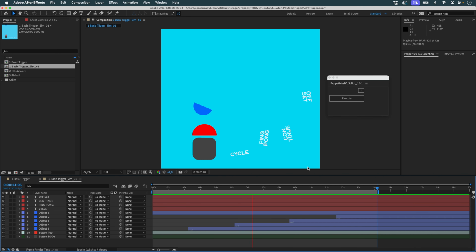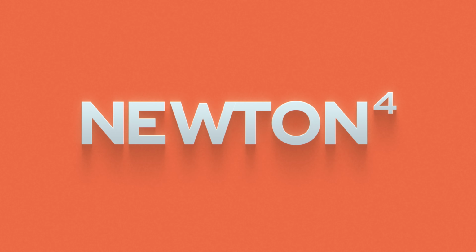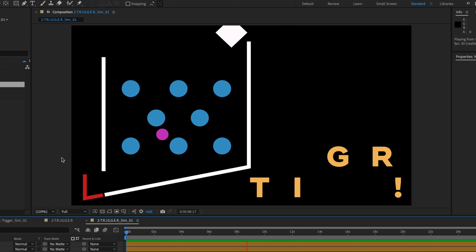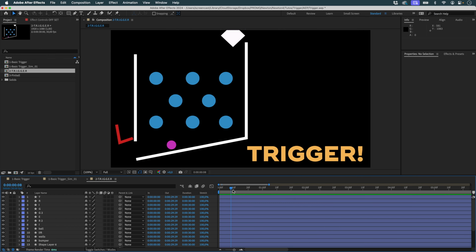So, in concrete terms, what can we do with this? In this example, which you can find in Newton 4's samples browser called Trigger, we're going to break down how this scene was created. I'm already looking at what I have in After Effects.